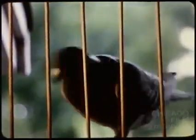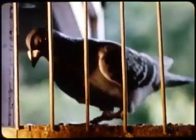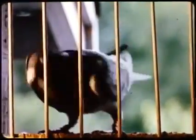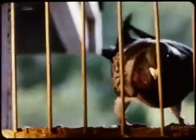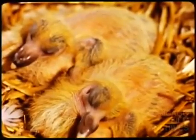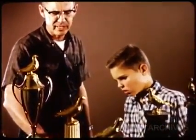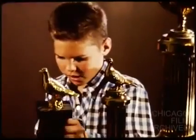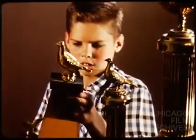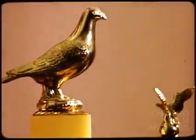The sport of pigeon racing attracts a wide cross-section of people. There are small business owners, professional men, blue-collar workers, executives, young boys, retired men, and a lot of women, too. And whether it be the challenge of breeding and training good racers or receiving recognition at the end of the season, there's a great deal of personal satisfaction to be gained from every aspect of the sport. But as any of us will tell you, the greatest reward for a flyer is the thrill of having one of his pigeons